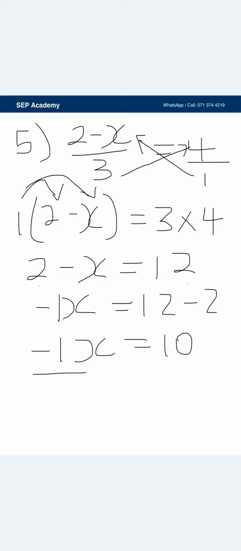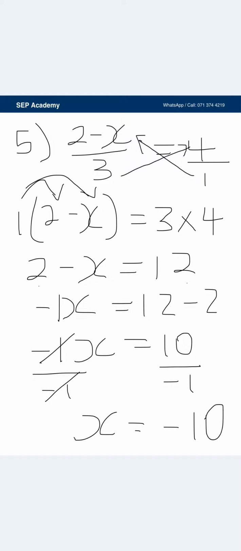Now you need to detach that negative 1. Then you see, you detach it, it removes completely. Then your x will be equals to 10 divided by negative 1. It will be negative 10. Looks to be a longer method, but trust me when I say, if you do it this way and get used to doing it this way, trust me,